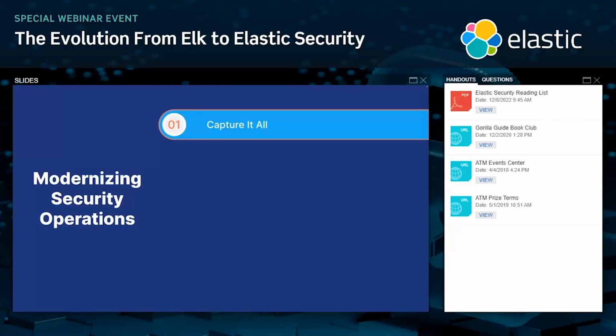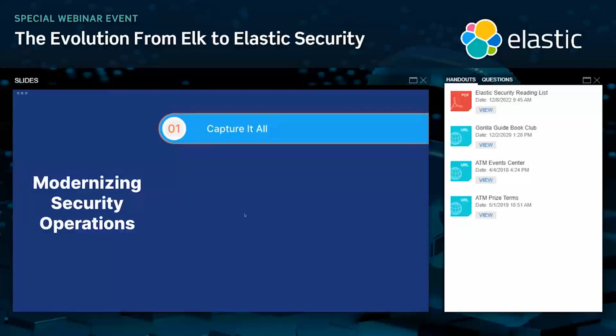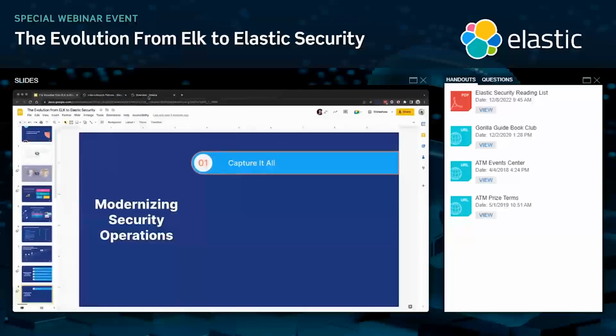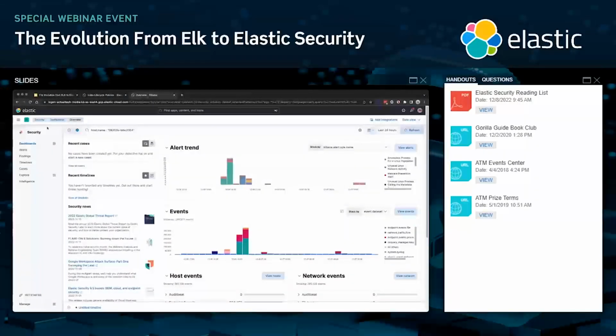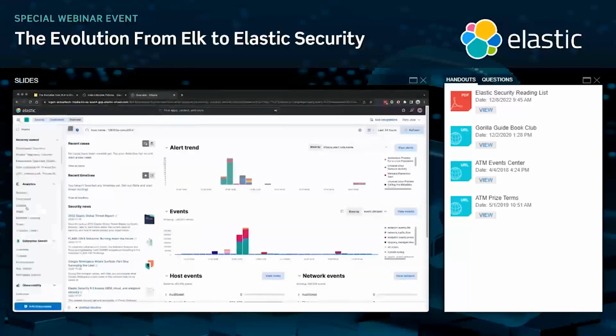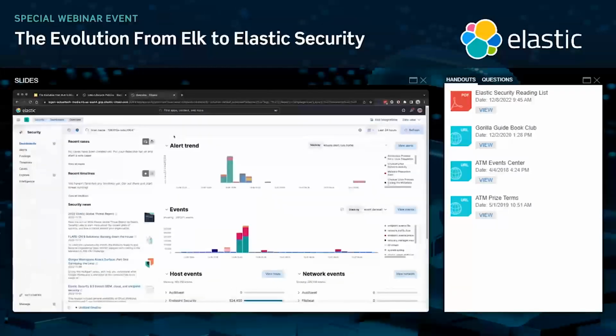So I'm going to jump out of slides here. I'm going to do this over and over again during this demo, but I'm going to jump out of slides. And let's take a look at Elastic Security. So first and foremost, I'm looking at a web page here. This is that Kibana that you heard Mateo talking about. And I'm specifically located under the security solution, that purpose-built solution. I'm just looking at an overview dashboard.